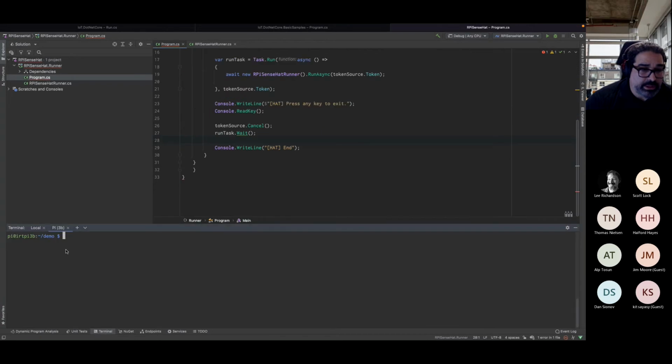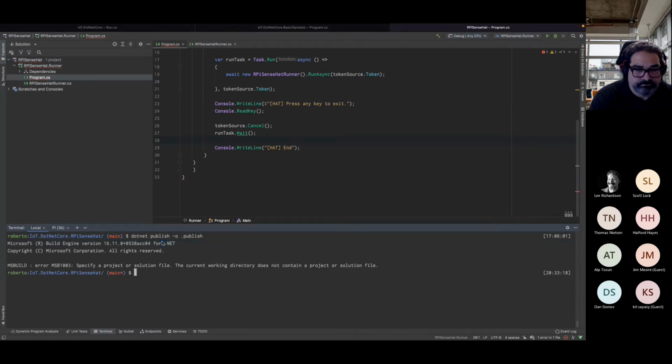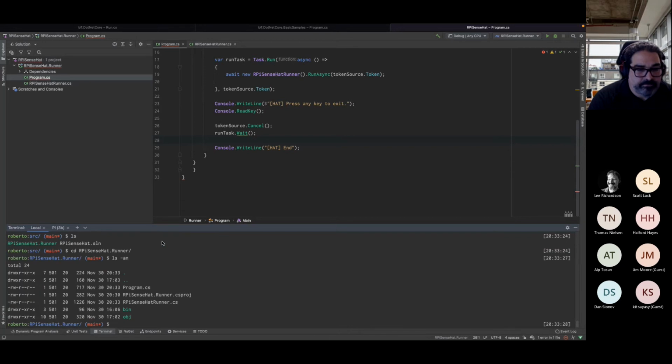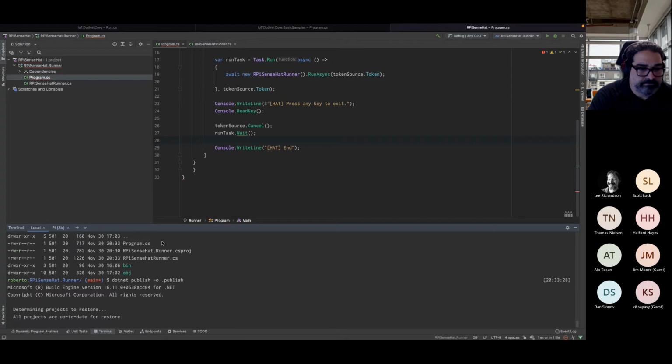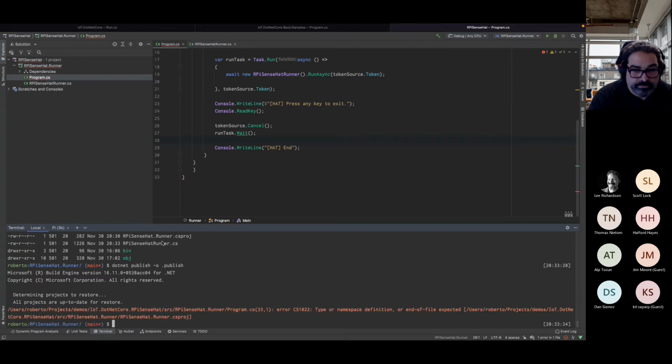So I'm going to just go ahead and build this in my local. Same cycle I've been doing as before. So dotnet publish, output to folder called publish. Run folder. All right, and the file expected.